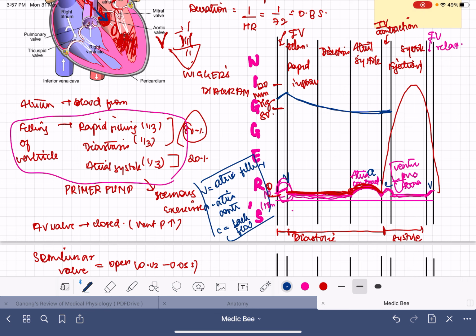So during the period of isovolumetric contraction, there will be no blood entering into the aorta, so the pressure will also remain constant. But after that, the systole is happening, and the blood is entering the aorta. At this point of time, from 80 the pressure will rise towards 120. So the pressure would rise towards 120, and after that it will begin to drop.